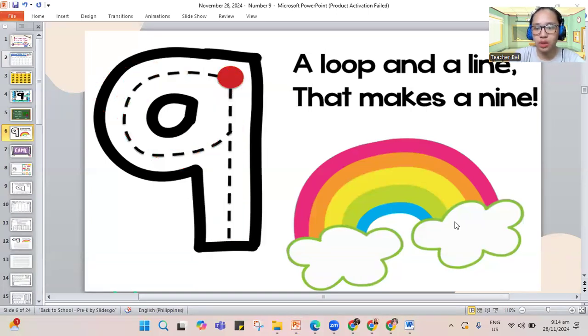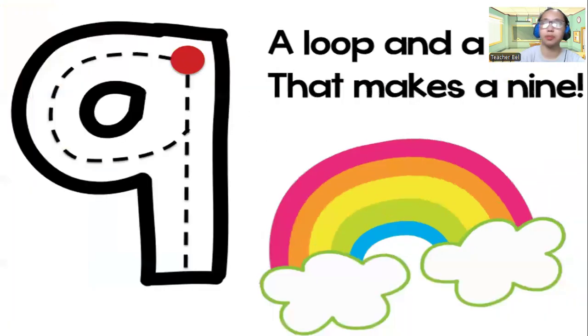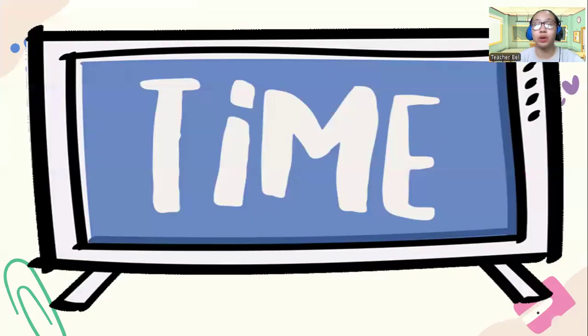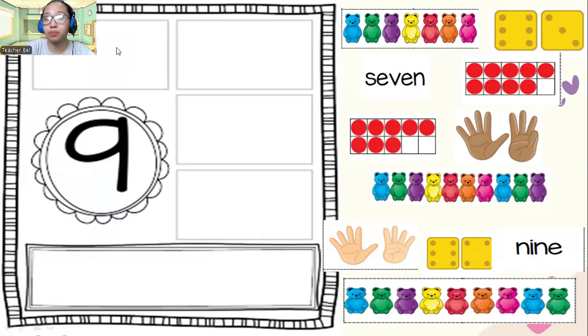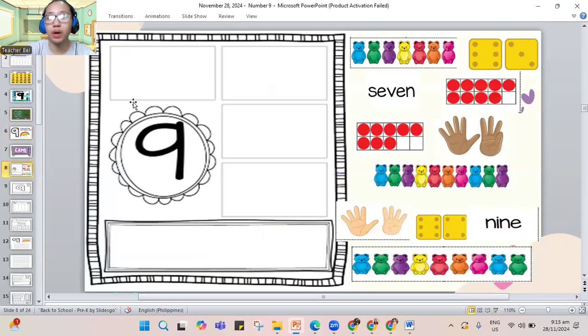Now, let me show you something else for our screen work. It is our game time. We'll need to check the pictures here that show 9. Let me move this one to the side. Here we have the things that have number 9 and the other numbers. We get to sort the things that show 9. Let me fix this one. We'll work on this one and sort them. Let's mark and count and check for our bears here.